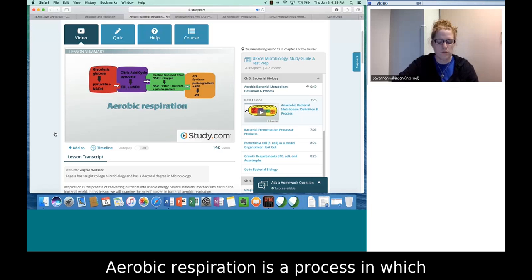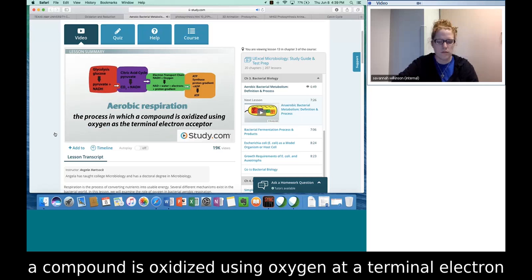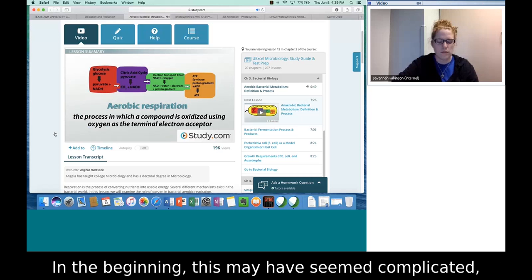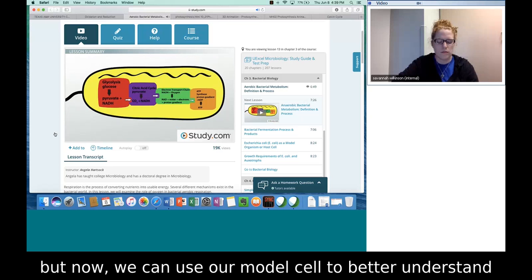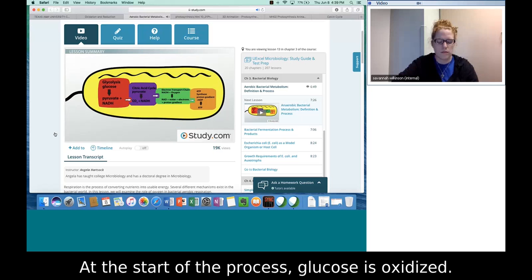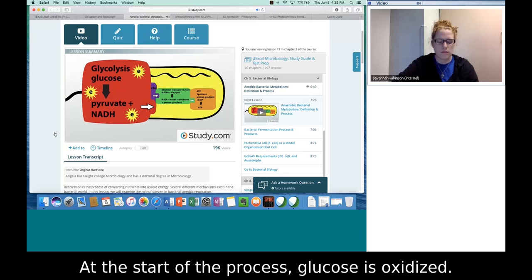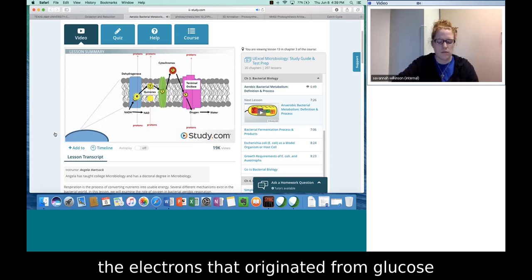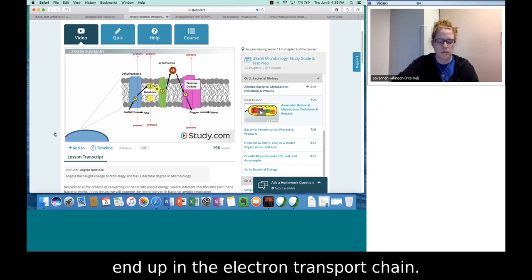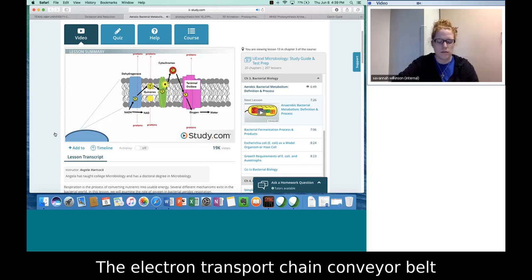Aerobic respiration is the process in which a compound is oxidized using oxygen as a terminal electron acceptor. In the beginning, this may have seemed complicated, but now we can use our model cell to better understand that definition. At the start of the process, glucose is oxidized. Through a series of steps and pathways, the electrons that originated from glucose end up in the electron transport chain. The electron transport chain conveyor belt